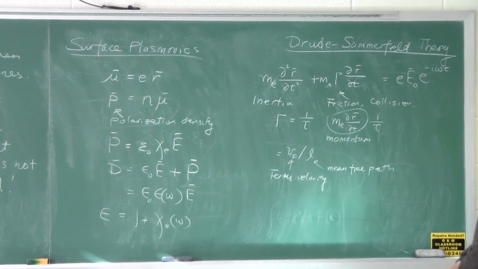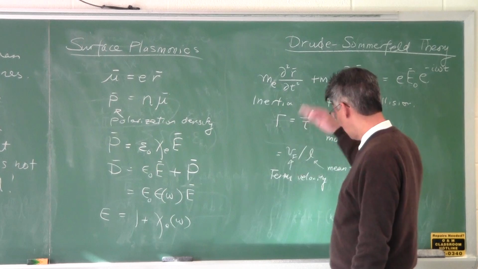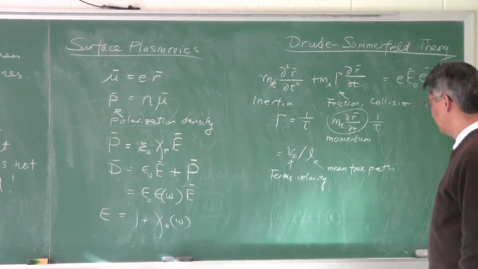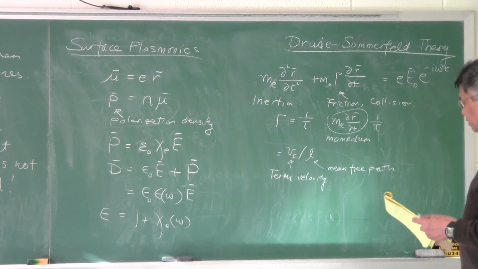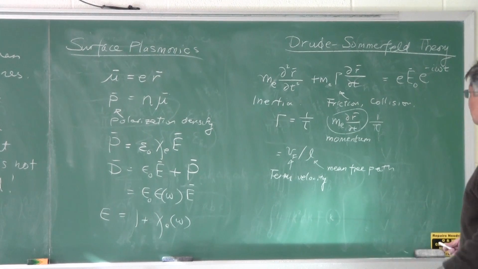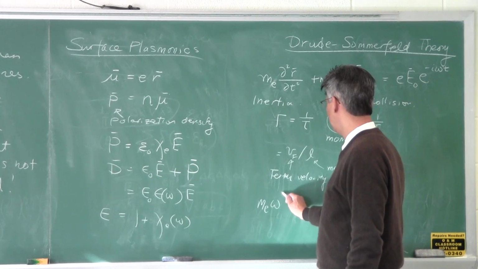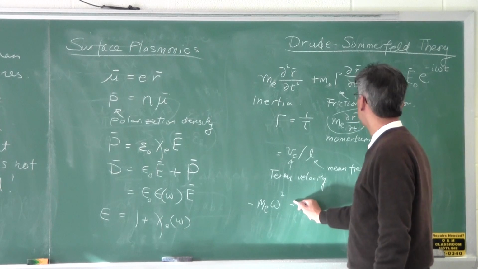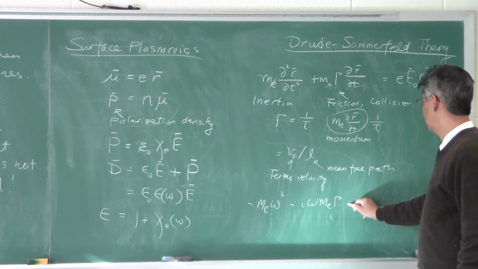Fermi velocity is the velocity at which the electron will move about, okay, at the highest level of the Fermi energy level, or the Fermi-Dirac distribution. And the highest level is called the Fermi energy. And electrons at that highest level have the highest velocity, and this is usually given to be roughly that thing over there. So you can solve this equation. If you solve this equation, you will get omega squared for the first term. The second term will give you i omega m_e gamma, and then will be equal to